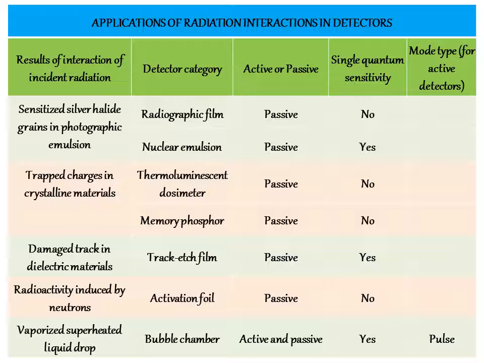Trapped charges in the crystalline materials are used in thermoluminescent dosimeters and memory phosphors. The damaged track in dielectric materials is used in track etch films. The radioactivity induced by the neutrons is used in activation foils. How is it detected, or where is it used? Vaporized superheated liquid drop is detected using a bubble chamber,